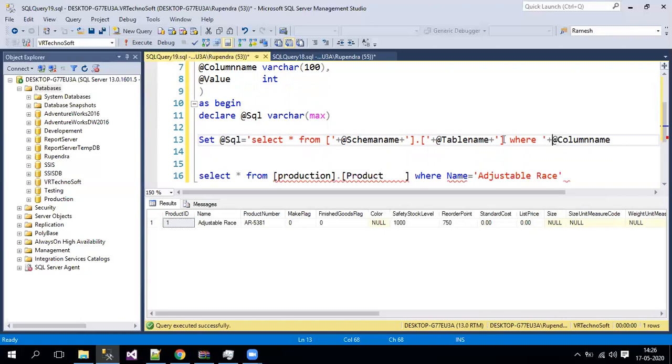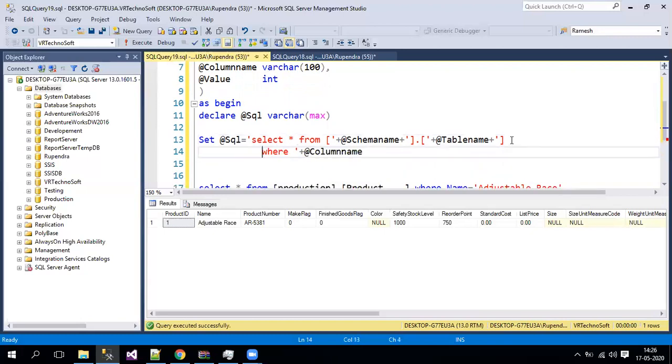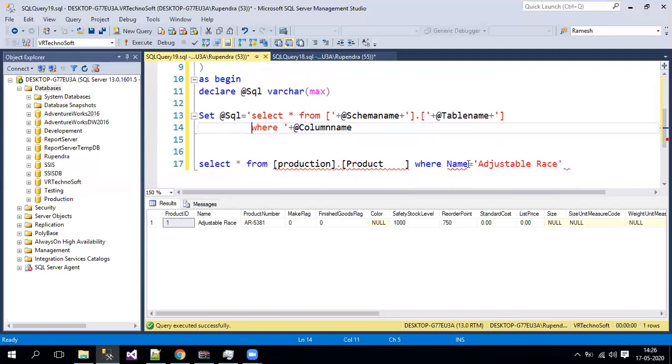Then we just write the query on the below line to make it simple. Now after that, there is an equals to. It is very important to maintain everything. In a query, when you are writing any operator or single quote, whatever it is, you have to maintain it properly. So now here your column name comes. Now again plus. After the column name, there is an equals to operator. Let's say the equals to operator is also fixed as of now.